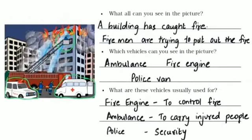Children, what all can you see in the picture? We can see a building has got fire and a fireman are trying to put out the fire. Which vehicles can you see in the picture? We can see ambulance, fire engine and a policeman. Now what are these vehicles usually used for? Fire engine is used to control fire. Ambulance is used to carry injured people and police is there for